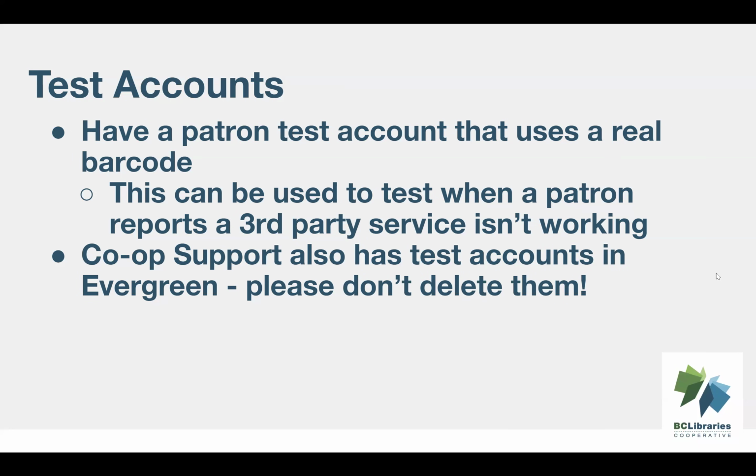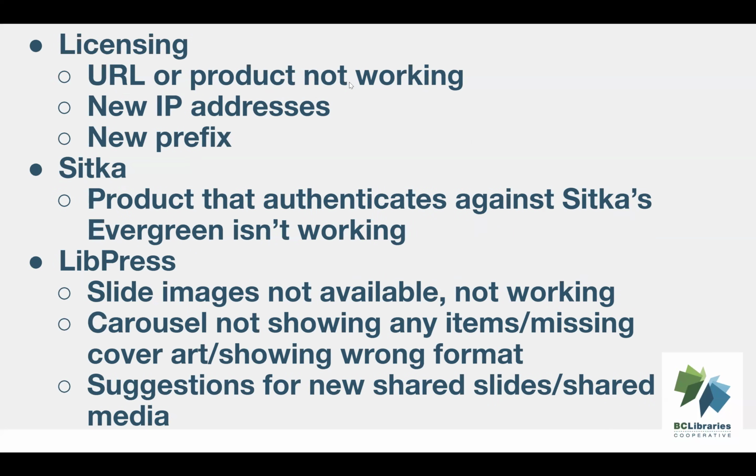So once you've confirmed there's an issue and it's not something that you can resolve on your end, who do you talk to when things aren't working? For licensing, if you have a URL or a product that isn't working, what you'll want to do is submit a support ticket. We'll talk you through how to do that in a moment. You can also email